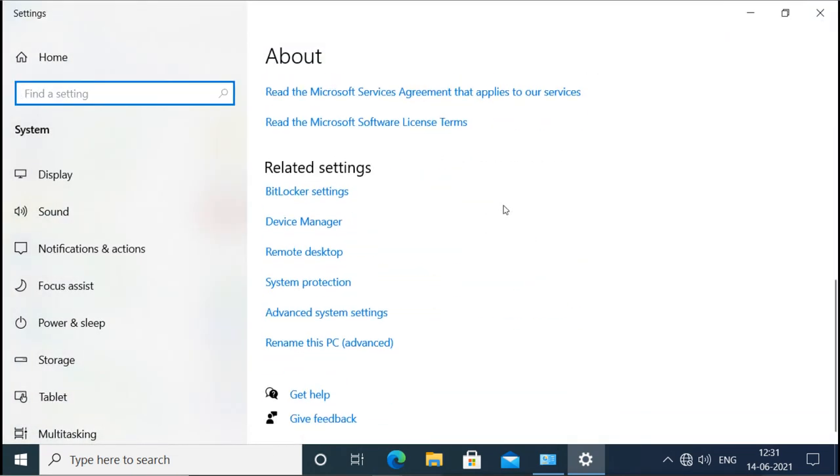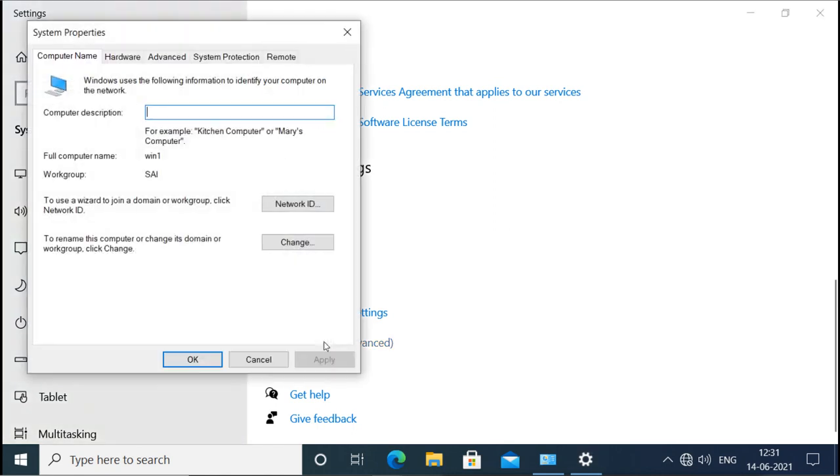But I want to go to Advanced, or I want to rename this PC. Both will take me to the same place, so I will go to rename this PC here, and it will take me to the system properties.